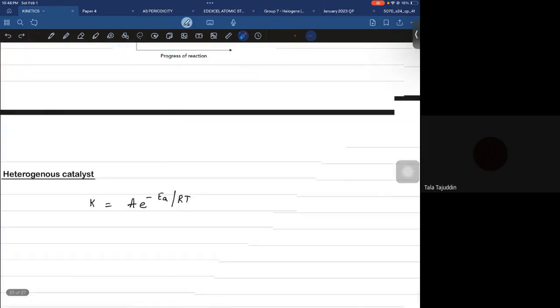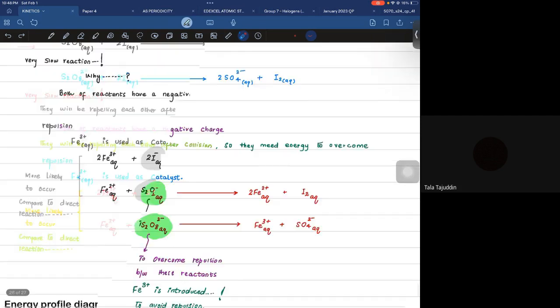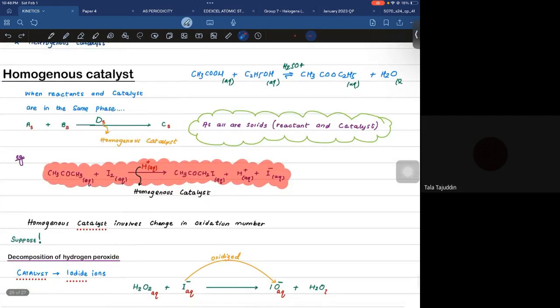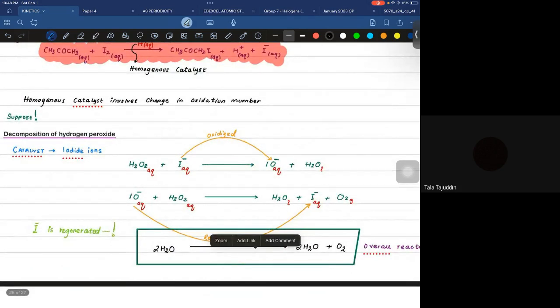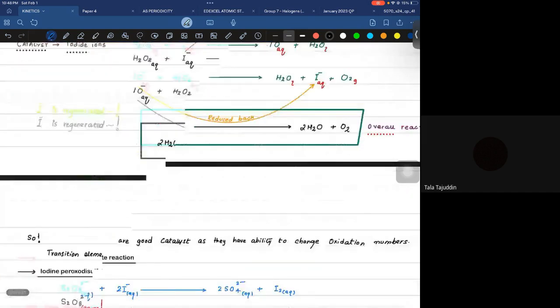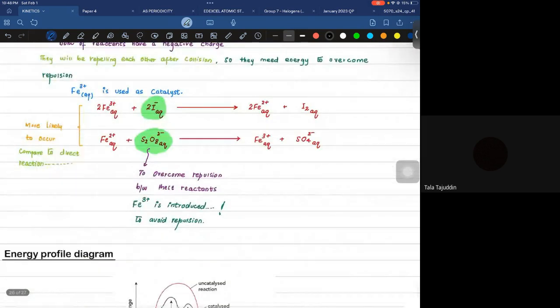Then you have to write down how a homogeneous catalyst works. In your esterification, acid is used as a catalyst. Ester is aqueous, acid was aqueous, alcohol was aqueous. Sulfuric acid, which you are using as a catalyst in the esterification, is also aqueous. All lie in the same phase. That's why this is a homogeneous catalyst. Okay, that's why this is a homogeneous catalyst. So you have to include this equation again. Okay, so this is a very important